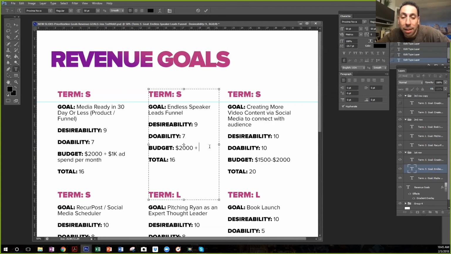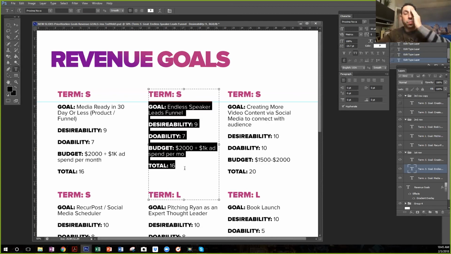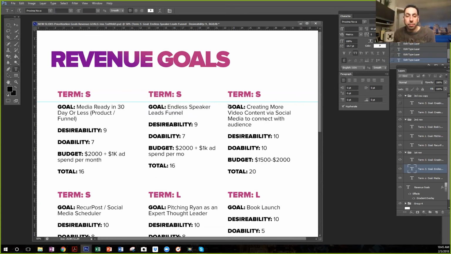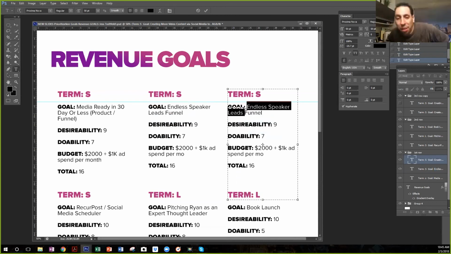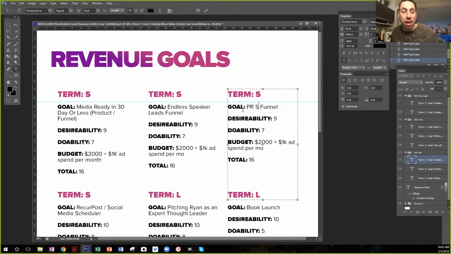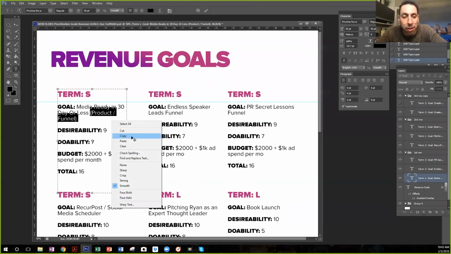Mm-hmm. And kind of the same with the third product that I'm going to give you right now, which is just sitting there too, pretty much. Okay. You can actually copy and paste this whole square because it's going to be the same thing. And the third one is called PR Secret Weapons. But the reason why I give it less attention is because it's already proven that if I sell the things I know that work and give that the right amount of time, I'm not going to screw myself on revenue dropping in a month. All right.